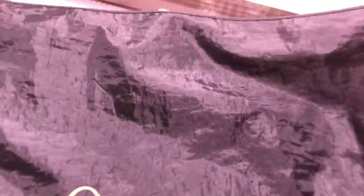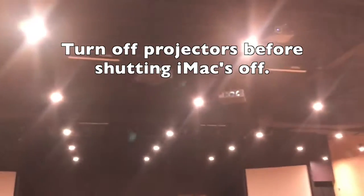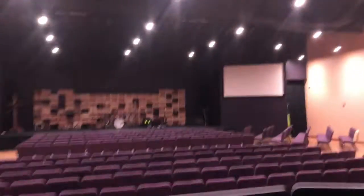Okay, make sure you cover up the soundboard, just to prevent dust. Can't do it with one hand. Okay. Here's what we didn't do. We still have the projectors on. I'd like to say that I meant to do that, but I didn't. I actually was going too fast. So we got to turn...